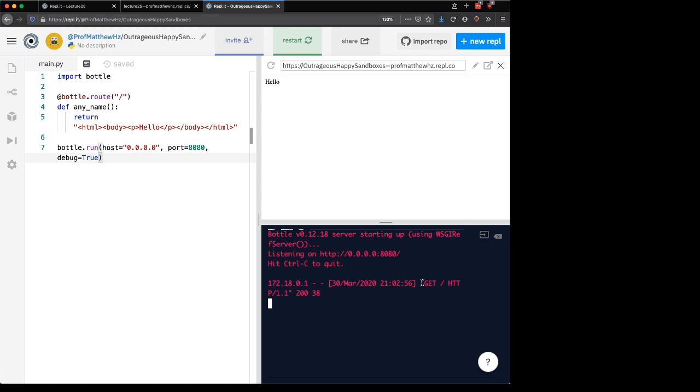The time this occurred, and then what request was made. There was a request for the page at location / using HTTP 1.1, and this 200 means it went through successfully. And so you can see the output, I just have a very simple string here to output a page containing hello. Now, if I make a change, suppose I switch this to goodbye,